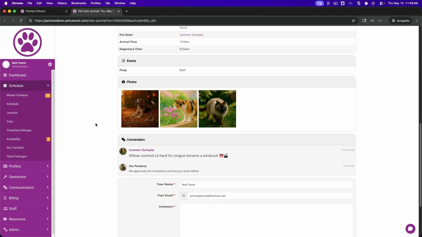The next new feature is reply to messages and journals by email. And what this does is when a client or staff receive an email related to a journal or a message, when they reply to those emails, it goes back into the system as if they had interacted inside the system. Previously, if they replied to an email, it would go directly to your main business inbox and not back into